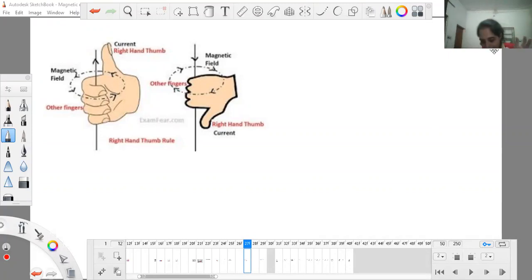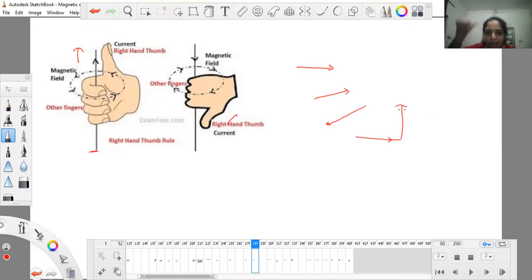So we studied this, and I told you a trick, if you remember. This question will be asked: if the direction of current is like this, or like this, how do you use the rule? Each and every time you will have to use a different position of the hand, and this is not a friendly position while answering.